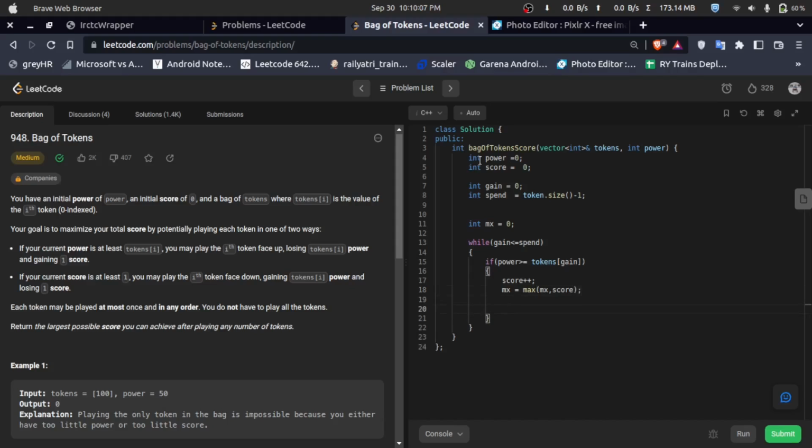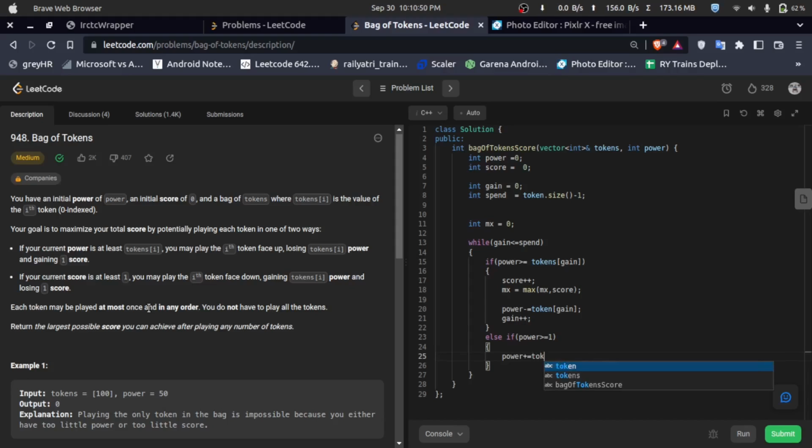Then the power will be deducted, power minus tokens gain, and gain will be incremented. The else condition: if power is greater than or equal to 1, then basically the score will be deducted and the power will be added, so power plus equals